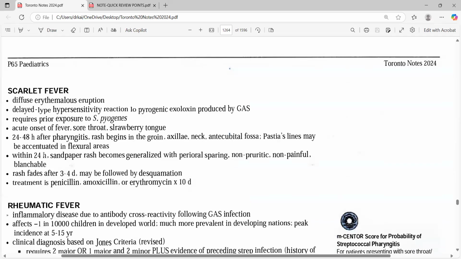Then scarlet fever, it's very important. How does it look? Mainly the strawberry tongue, because it can be mixed with the cover